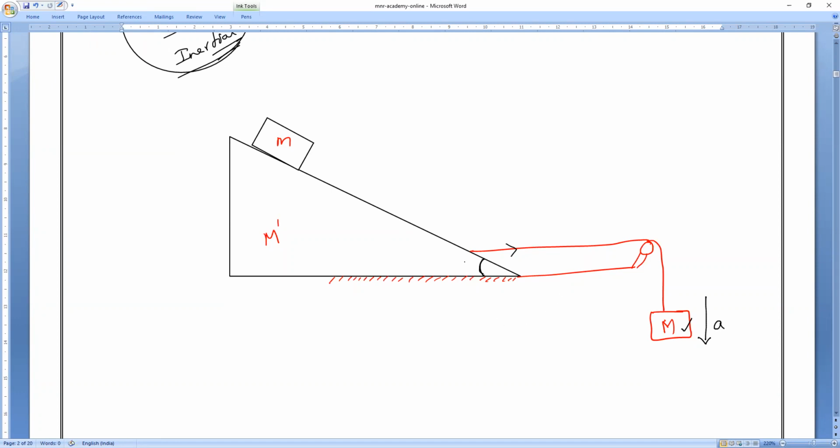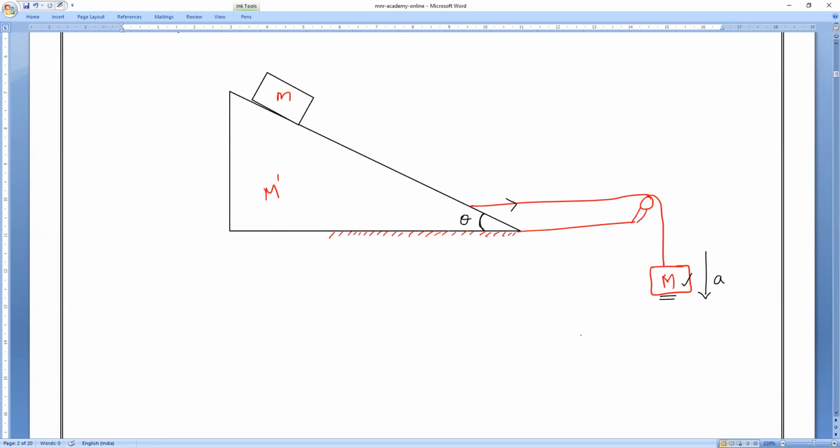So now, what is our question in this question? We have to find what is the capital M. This is one of the very important questions from H.C. Verma. So the question is, what should